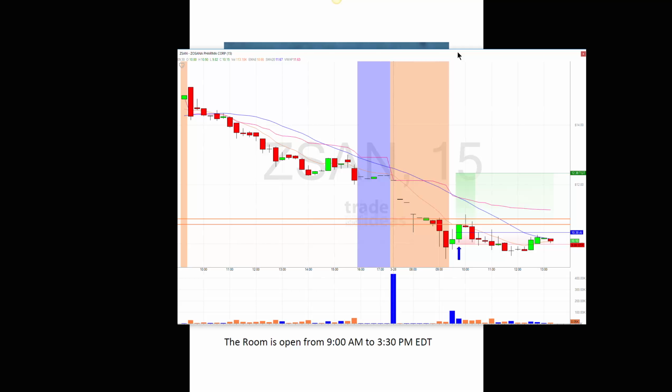So I had different alerts than you would have had, and one of them was ZSAN, and the ZSAN alert was at 10:38. I got in a little late. It was really pretty whippy. This has been beaten up horribly over the last few days. It did hit a high of 11 before it fell back down. I got in here, right near the top, and then it popped up. No great shakes. I think I got about 20 cents out of the trade.